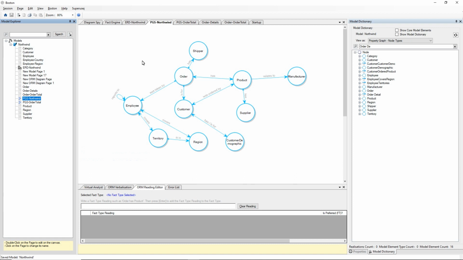We're going to focus today on orders for products and where there's a many-to-many relationship between